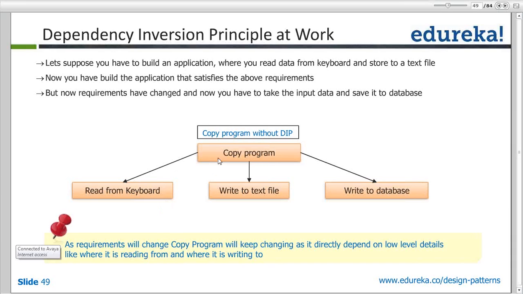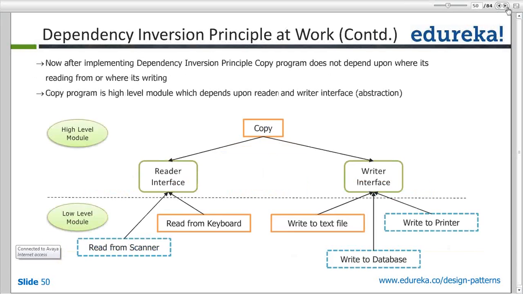Now in here, the copy program knows that the source is a keyboard and the destination could be a text file and/or a database. That's why this is a clear violation of the dependency inversion principle. Copy program is a higher level module, whereas reading from a keyboard is a very low level module. So how do we do a dependency inversion? We say the copy program is going to use a reader interface, that's a source,